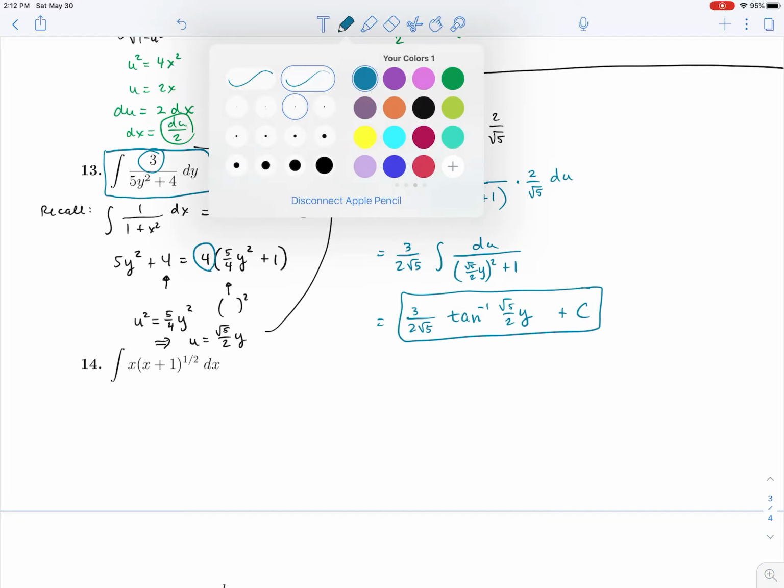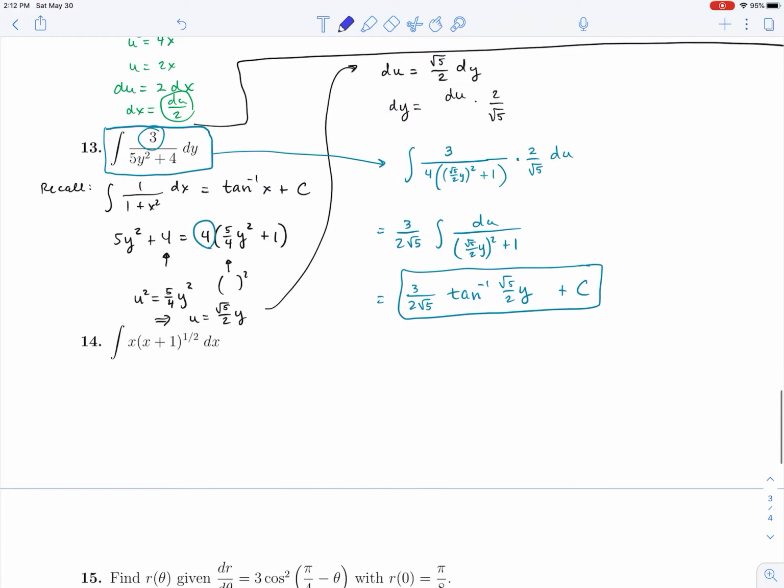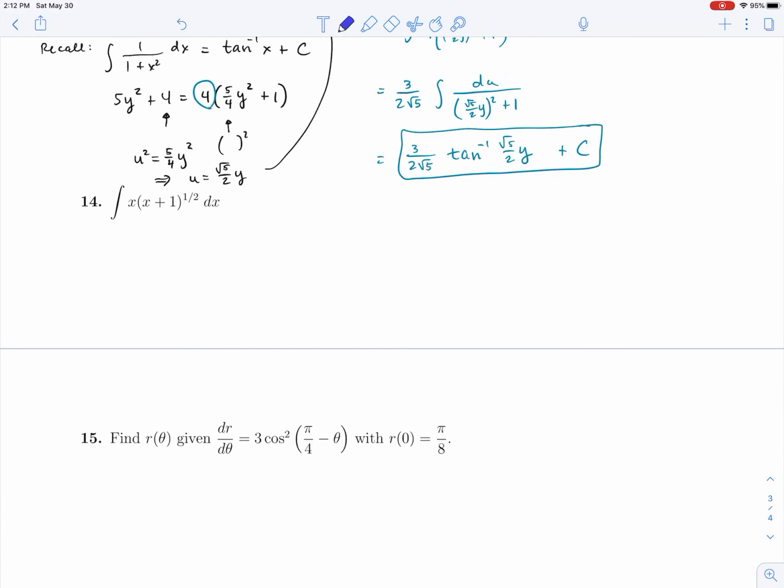Okay. Next, we have x times x plus 1 to the 1/2. Okay, so for something like this, because it's a square root, distributing in would require us to square x first. And there's an easier way to do this. I don't think that would work out either way, but that's something you can do too. But normally we would just kind of distribute that, but we can't distribute under these circumstances and get anything good